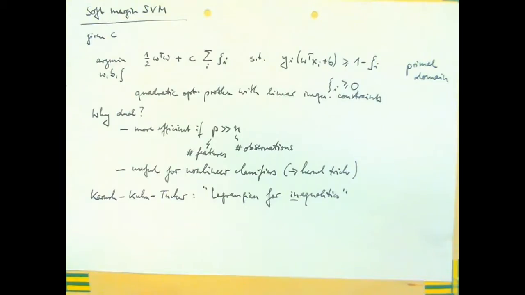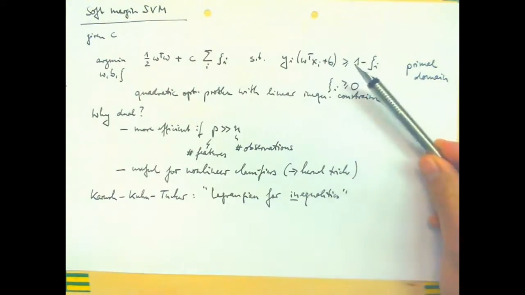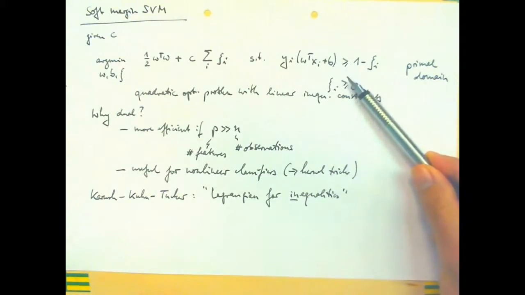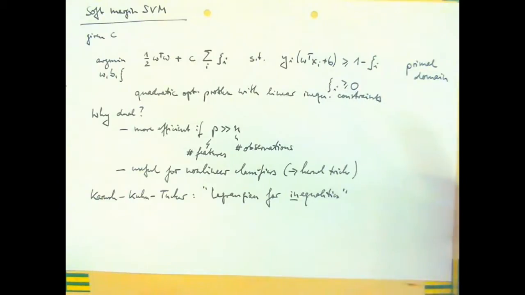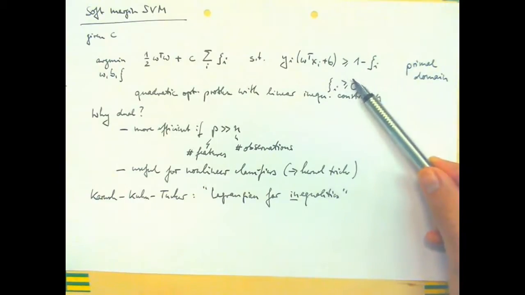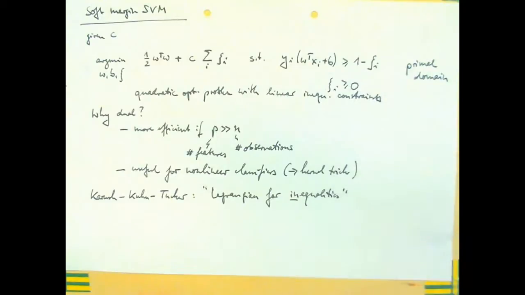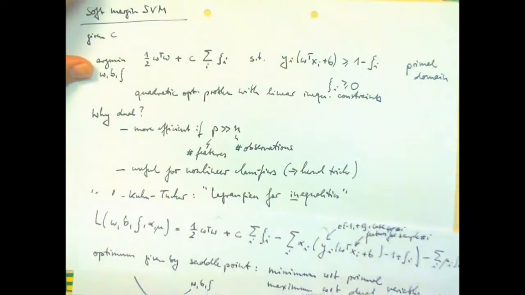Now up here, if these were equalities, we could use the Lagrangian formalism, but we have inequalities. And for inequalities, the proper approach is to use Karush-Kuhn-Tucker equations. However, most people just call these Lagrangians, and this is why we will also settle with this terminology in the following. So I'm setting up a Lagrangian function here,